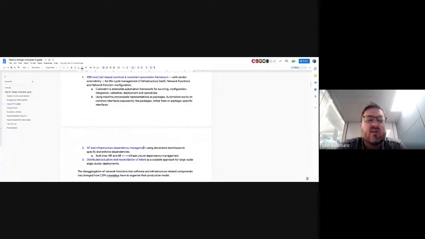So we're distributing the actuation at the edge, but we are centralizing a bunch of automation around the preparation or creation of that intent. We're saying one person doesn't know all the intent up front. We need to coordinate construction of intent among multiple humans and multiple systems, and so that will happen earlier.